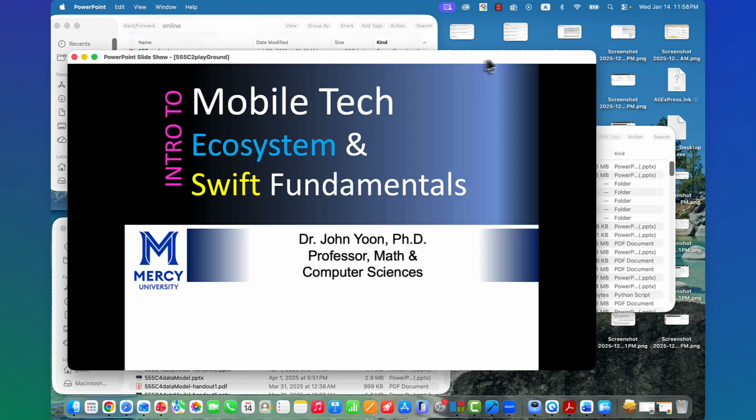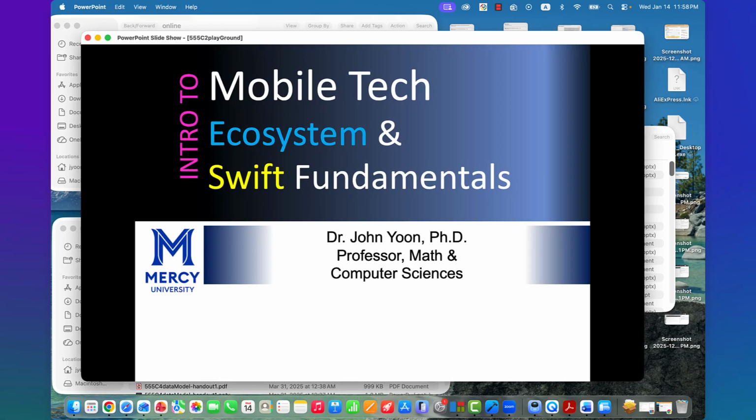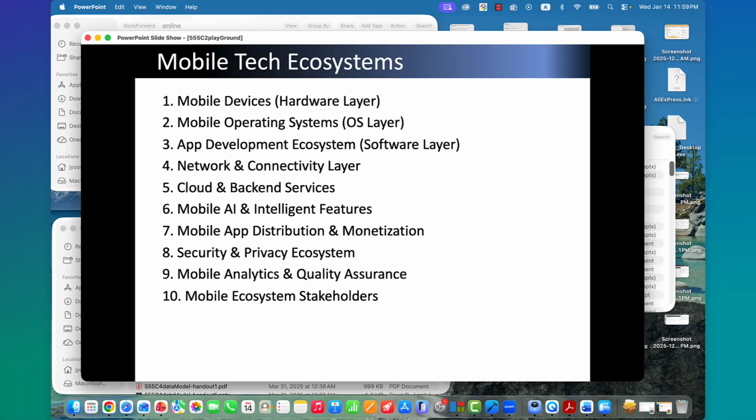Hello everyone. Today I'm going to cover a little bit with the broad scopes of mobile technology and mobile application developments. The mobile technology ecosystems may consist of these many things. I would say this is not the complete, but it contains most of the essence, and it would include more in the future